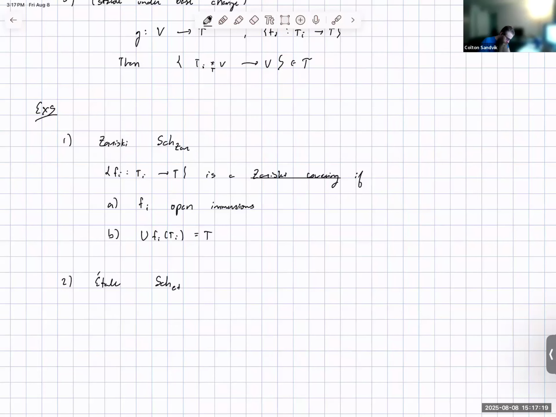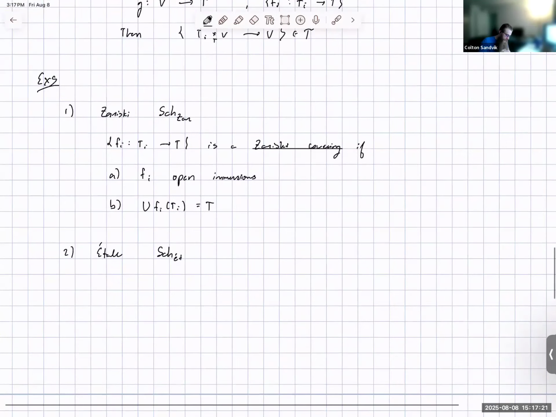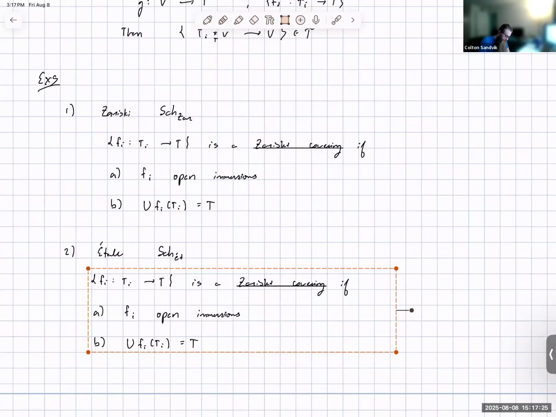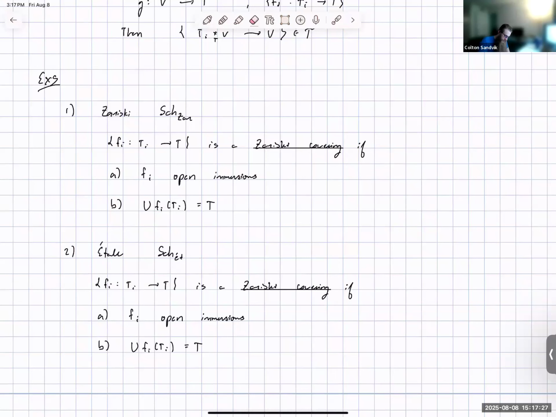Which we can call schemes étale. And so again, it's more or less the same prototype. We just need to specify what these are. So I'm just going to copy the relevant parts. So an étale covering, well, we're going to no longer just have open immersions. We're now going to allow for étale